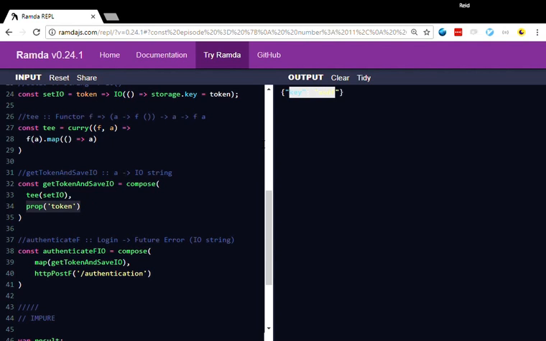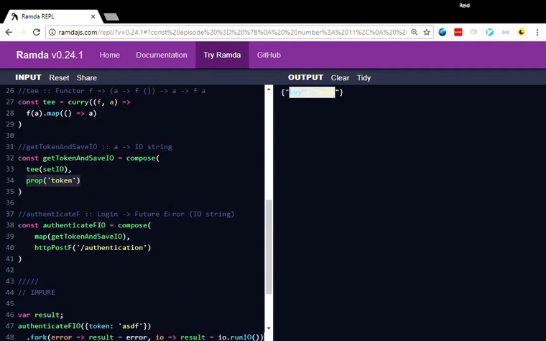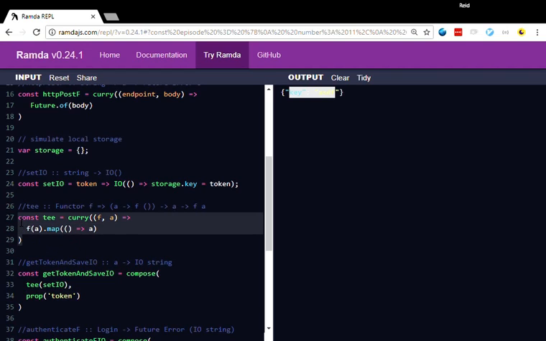So anyway, hopefully that helps. Hopefully that was not too complex, but it was an example of seeing, in this case, writing this small little function here that works for any functor to allow us to continue chaining through stuff.